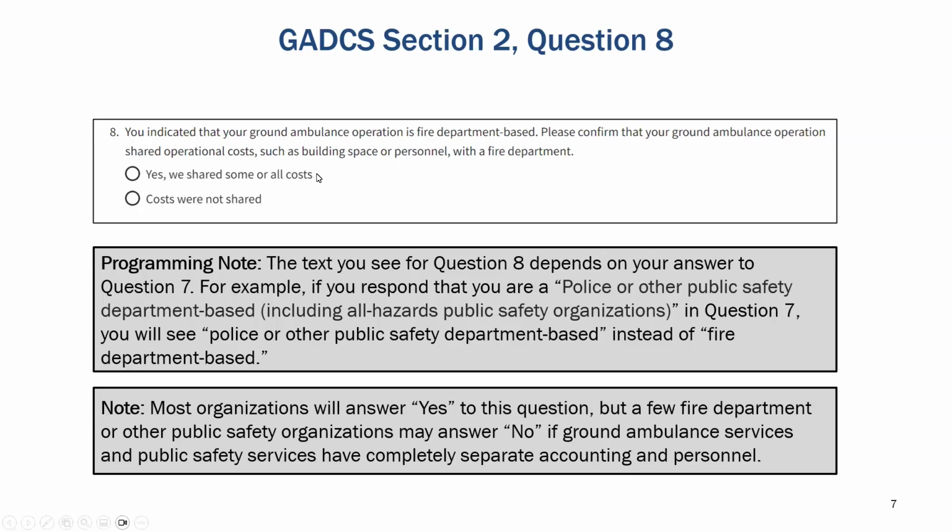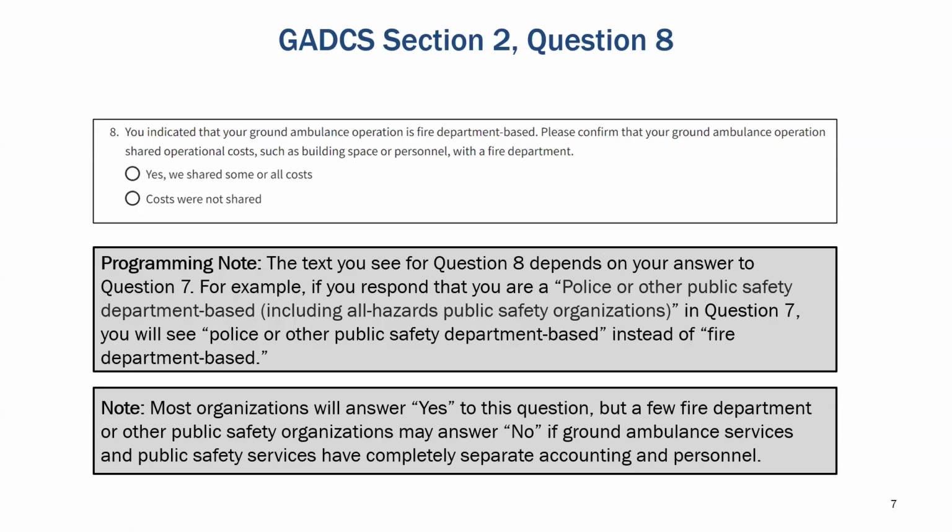If you answer yes, then that's a signal to the GADCS that you are truly a shared service type organization where your costs will need to be broken out in some cases between ground ambulance and, say, fire activities. If you answer no, there are some situations where, for historical reasons or just different accounting practices, there is a very careful distinction between a ground ambulance component of an organization and a fire, police, or other public safety portion of an organization.